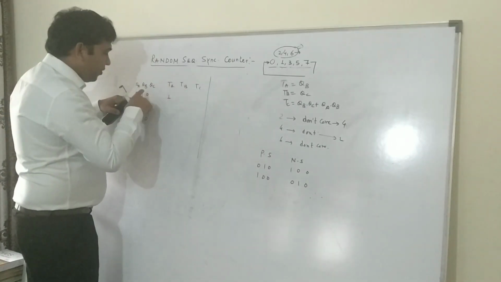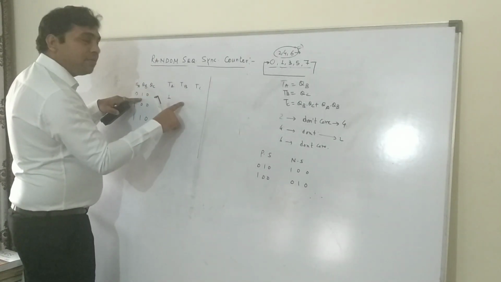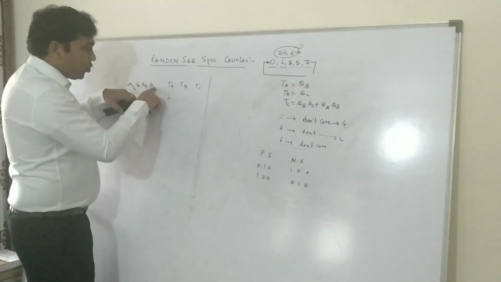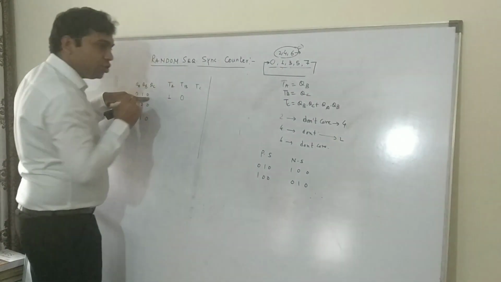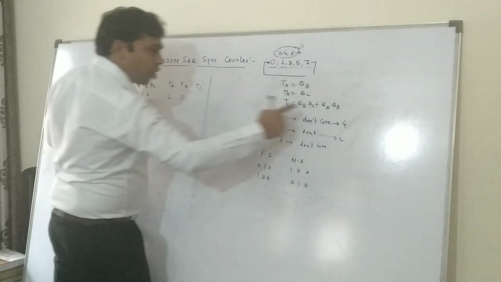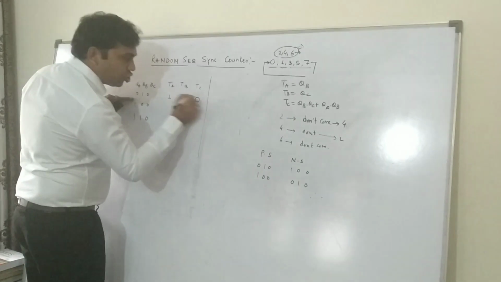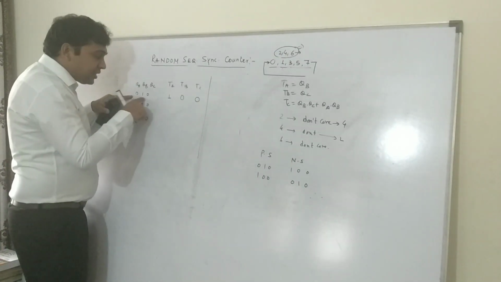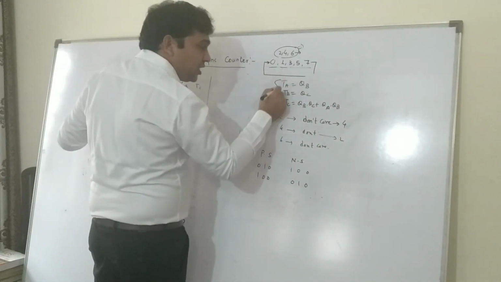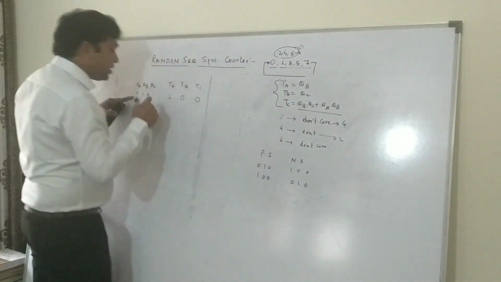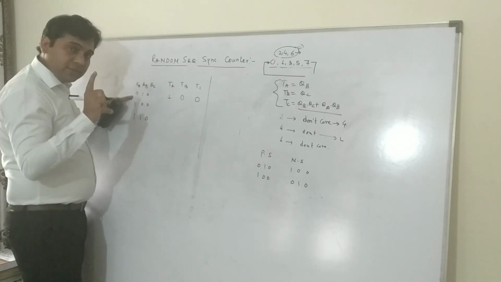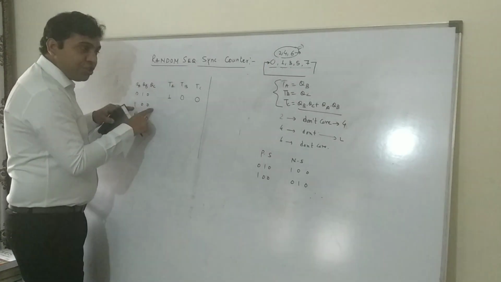So what is the TB? Here TB is equal to Qc. What is the Qc? In this state Qc is 0. So TB is equal to 0. What is the TC? TC is Qb.Qc, meaning 0, or Qa.Qb, meaning 0. So TC is also 0. So meaning when this state will come, at that time the inputs of the flip-flops TA, TB, TC will be according to these Boolean functions, and these Boolean functions are giving the values like this based on Qa, Qb, Qc. Okay. Now whenever the 100 state is there,